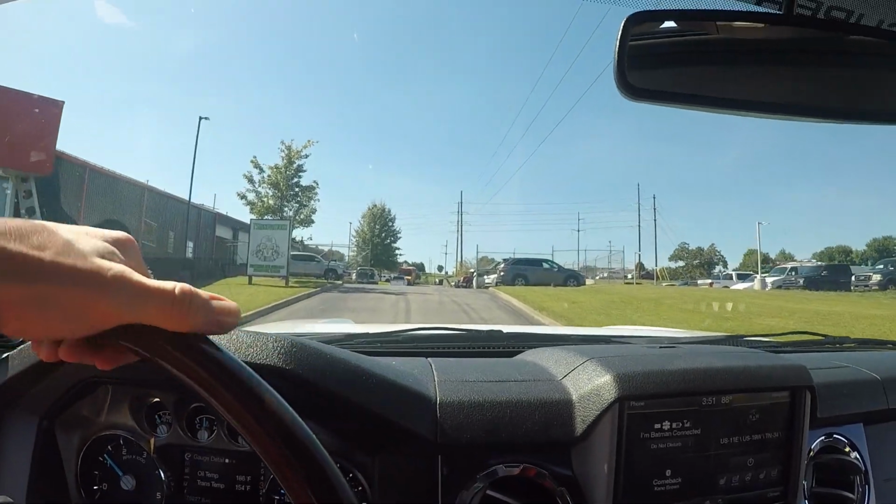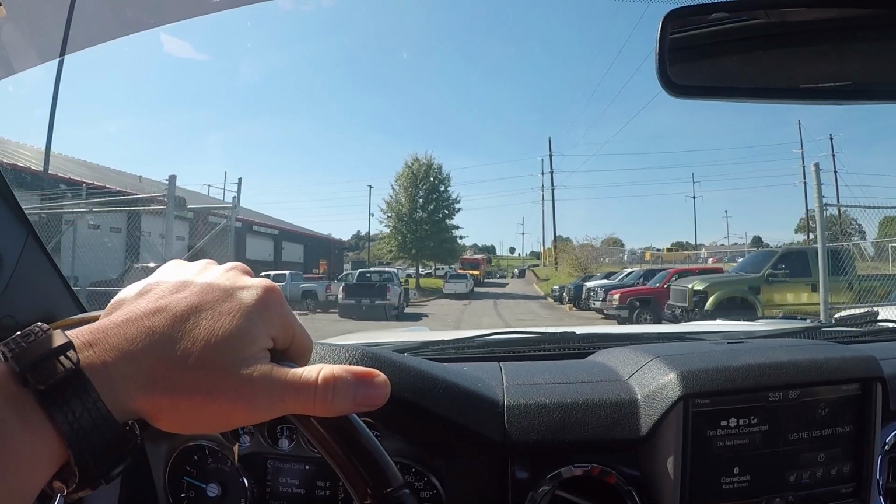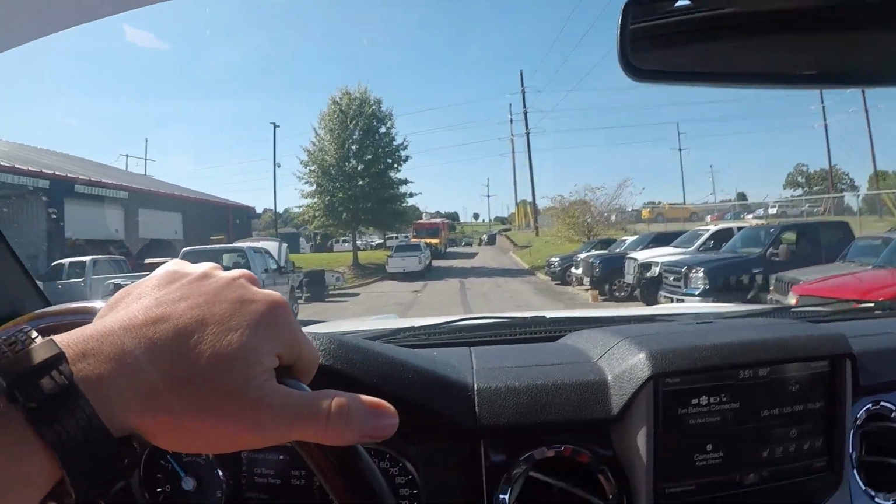Today is the day to figure out all these big updates that I wasn't able to get last week and see how the truck is sitting. Also, if you watched the video last week, I told you there's another shop that could be involved. We're also going to swing by there today, introduce myself to that Tyler, which I know who he is, but